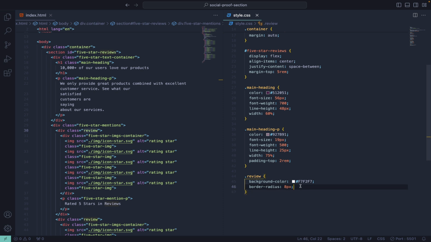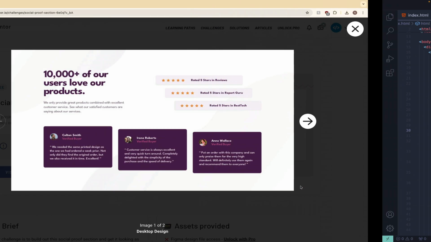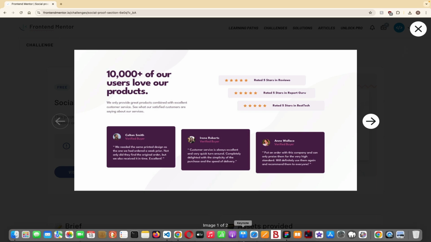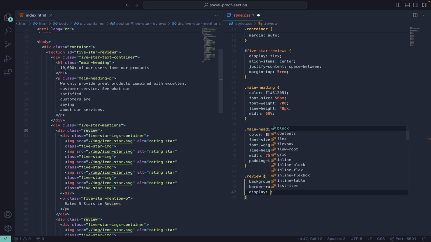The edge is round. And then like we did with the other ones, we need to have this stuff go side by side, so within each review div is this area, okay? This box is in that div. So right now our stars and our text are stacked on top of each other. We need it to go side by side. So again, we're going to use Flexbox to achieve that, to put the stars on one side and the text right next to it on the other side, okay? And then we'll use some spacing, text colors, and styles for the paragraph, and then it'll look just like the design. So again, we're going to hit display flex,